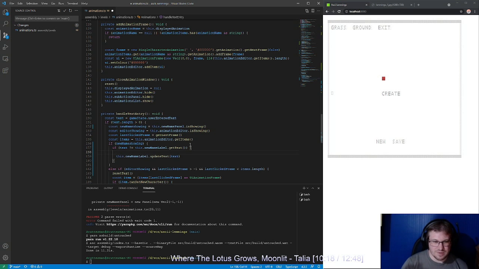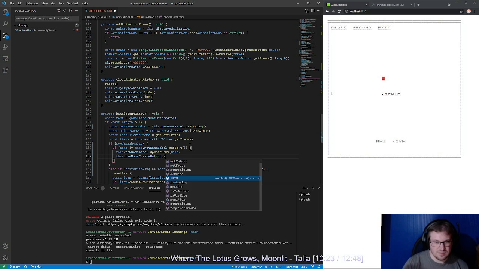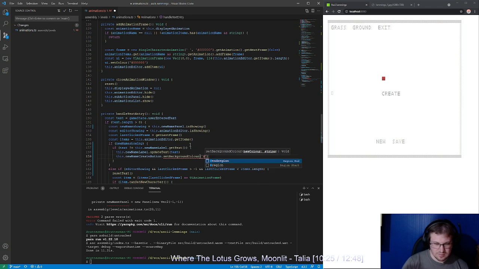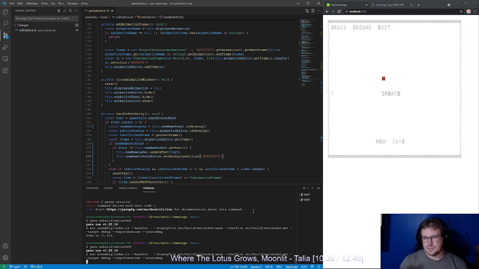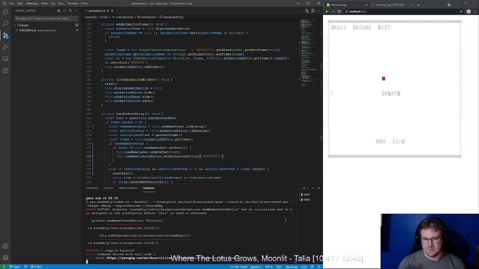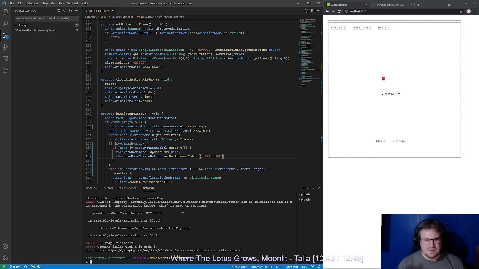Then, before we update the text, or maybe just after, reset the colour there. Useful feedback on error states. The new name create button is